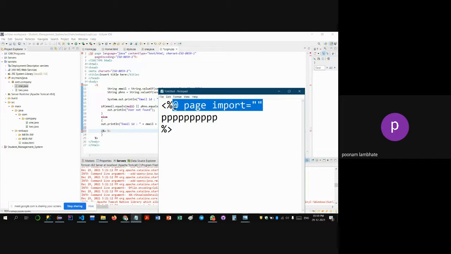If it is outside the service method inside the class, then you can create whatever data members, like int a equal to whatever. And if you want to directly print, like this is your scriptlet tag, here if you want to print something, you can write directly out dot println and whatever you want to print, just like a normal println function. If you want to minimize writing out.println, you can simply write this equal to, and suppose here you want to print hello,